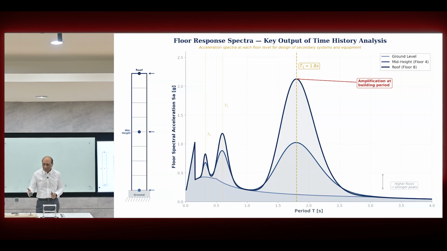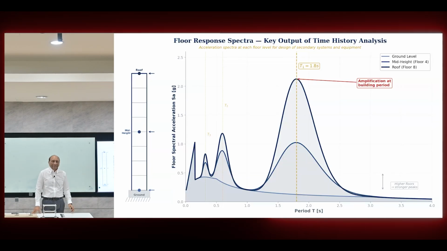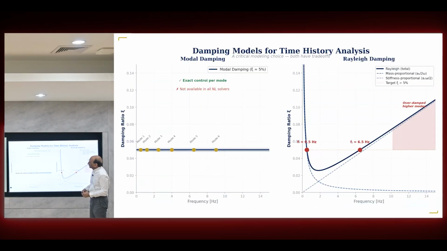Any ground motion peaks which match the natural period of the building will give you that amplification factor, and that amplification can now be captured. So this is one of the major advantages of running a full time history analysis: you can capture the resonance effects. Yeah, so we already talked about this one, for the damping and the